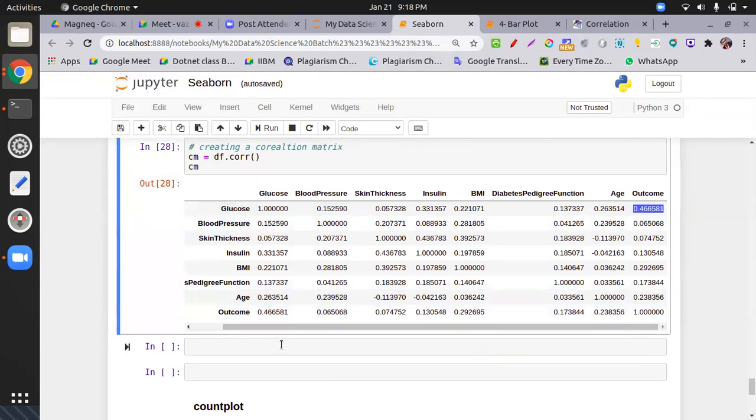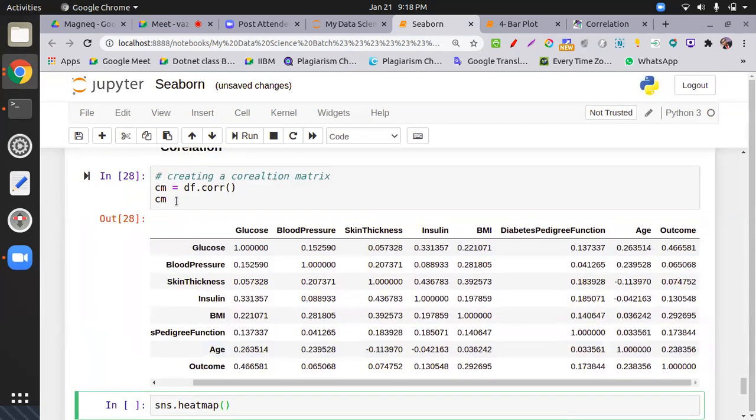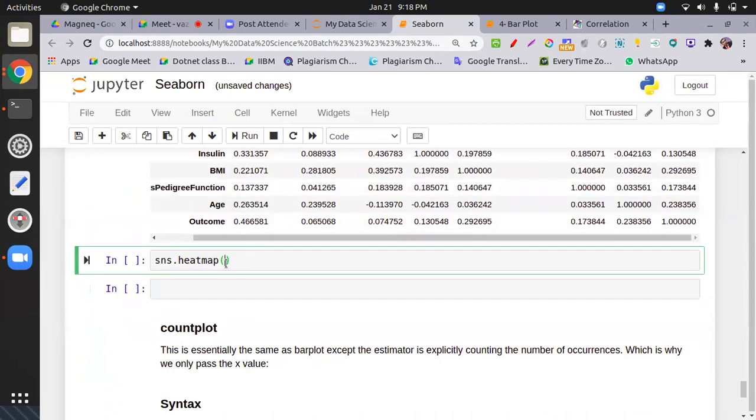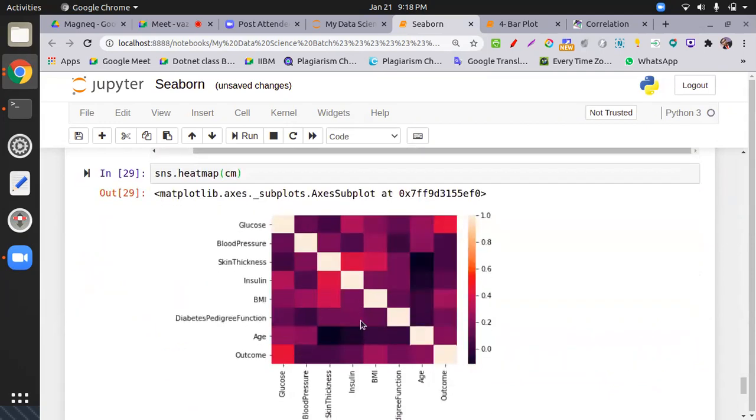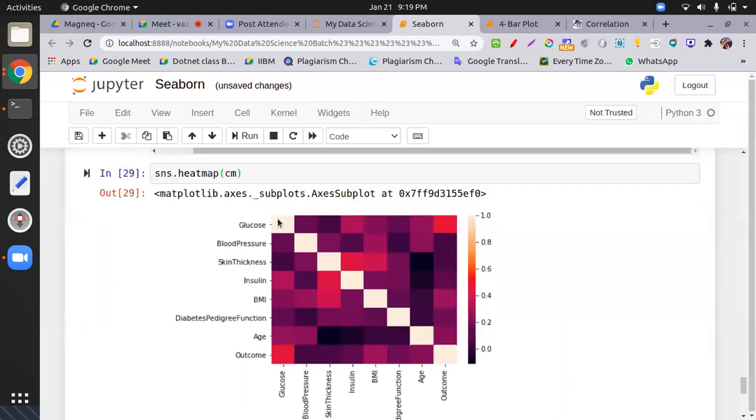So how do we draw this matrix? We have a heat map, sns dot heatmap. Heat means the heat is coming to you, I mean the heat coming on a color basis. I pass the variable, that is cm. When I pass cm over here, this gives you a heat-based picture. All the parameters, glucose and the rest, written in the matrix are converted into a color diagram. On the diagonal you have one, highly correlated value. You get this color map, color scale, and based on it you can draw.